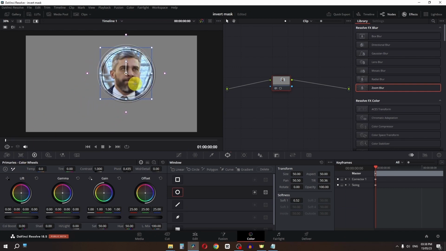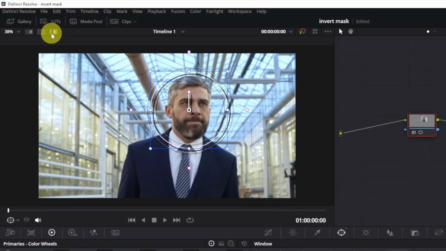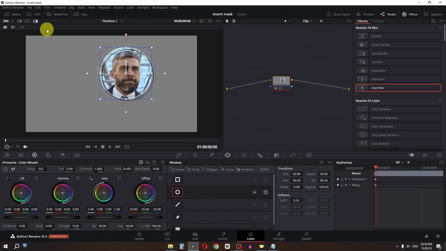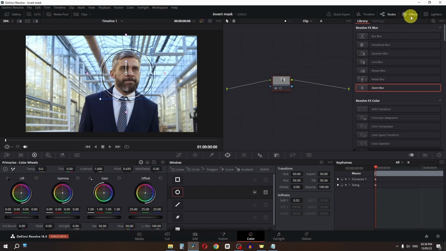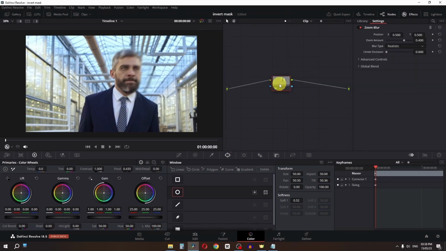Now if you want to disable this effect part, then we can click onto this icon. It will disable or enable the masking effect. Now I'm going to go to the effects, and now I'm going to add this zoom blur effect onto this